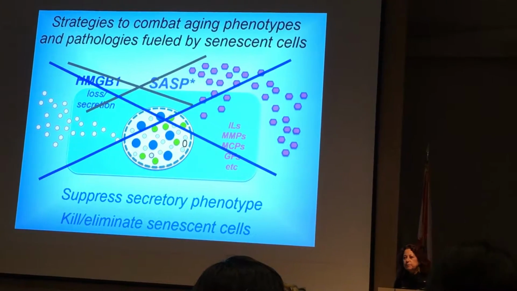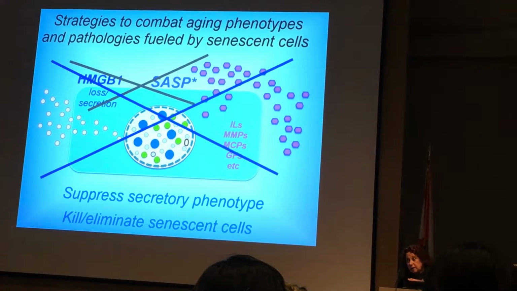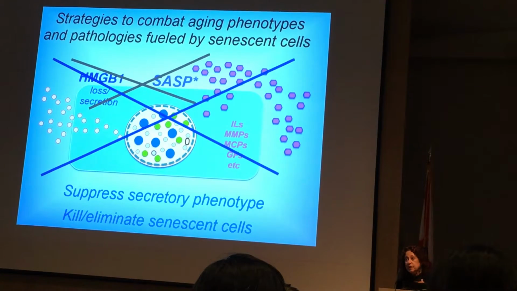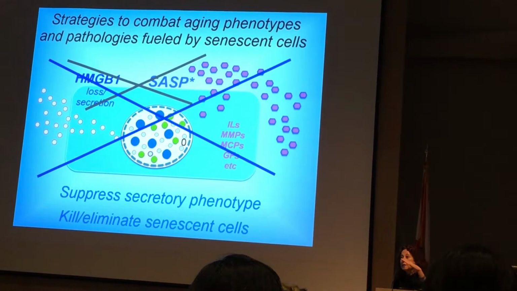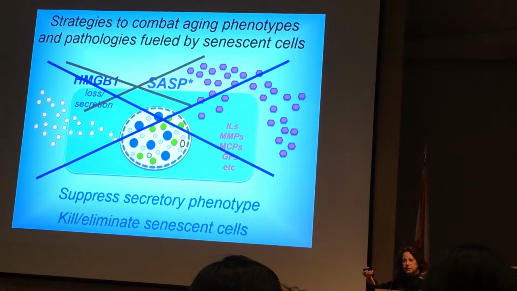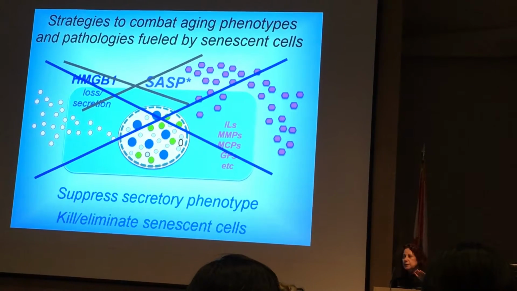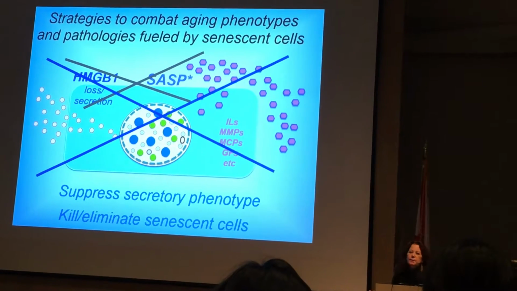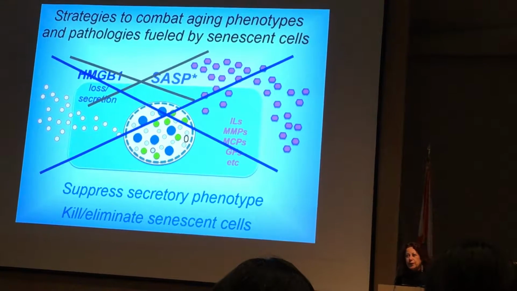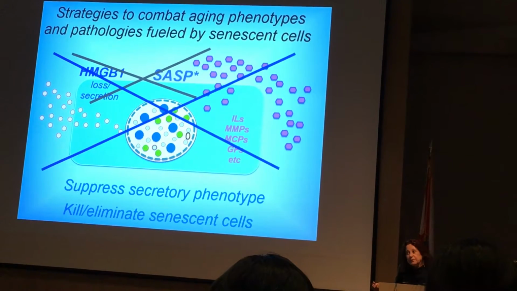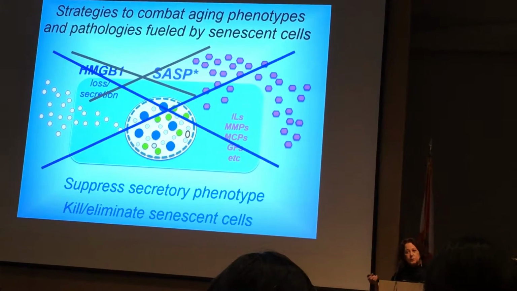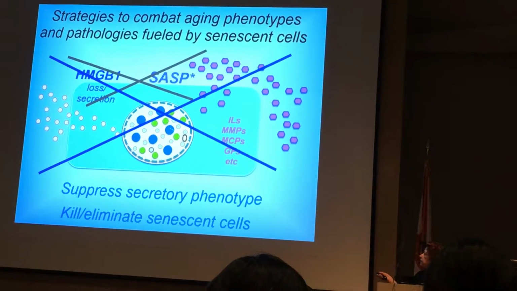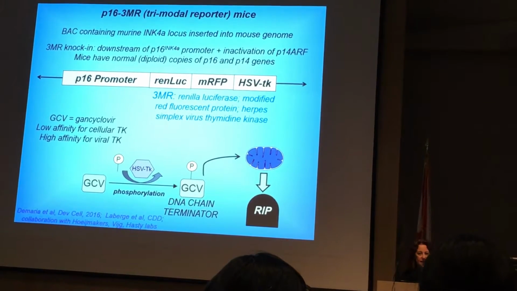It's not our favorite method for alleviating the deleterious effects of senescent cells because you need constant pressure from the drugs. So these are not senolytics. These are drugs that inhibit pathways that drive the secretory phenotype. So the drugs need to be constantly present. As soon as you take them away, the cells start secreting again. And many of these pathways are crucial for optimal function. For example, the DNA damage response pathway is one of the pathways that drives the secretory phenotype. So this is why we and others have favored the idea of eliminating senescent cells,